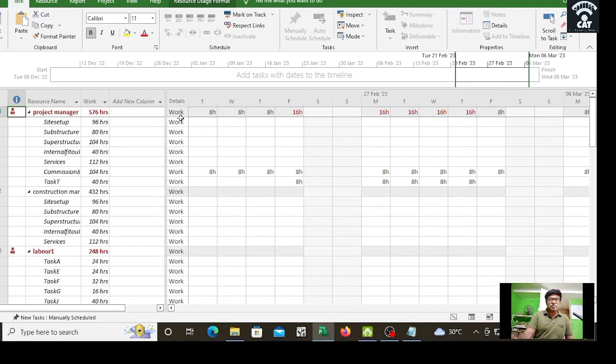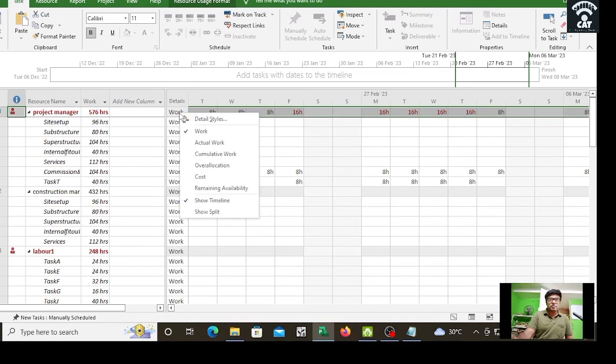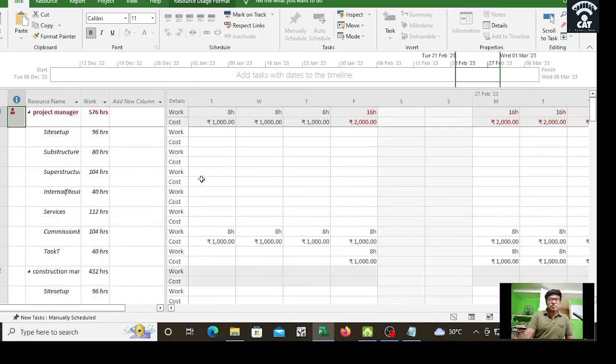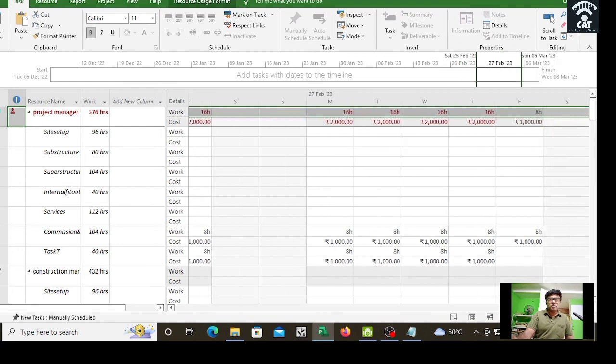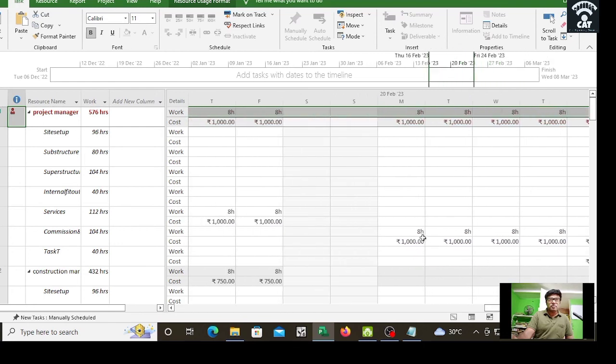Okay, so this is work. And if you want to see the cost, see here, cost. If you put it like this, you can see here the work hours as well as the cost for each person. So when the project manager is working on this Friday 16 hours, he is getting 2000 per day. Okay, like that he is getting. For this